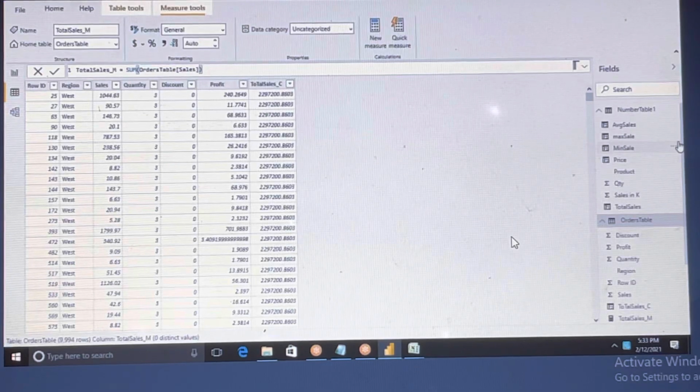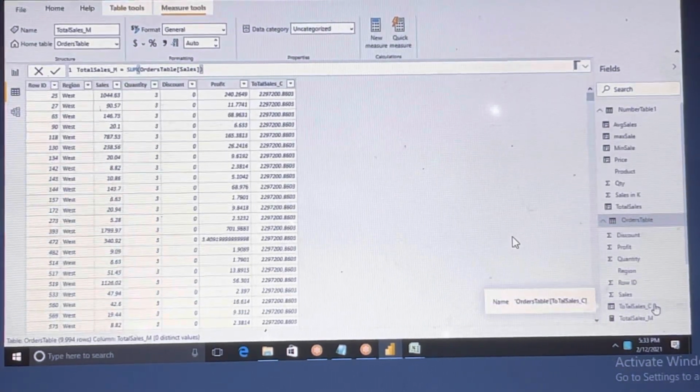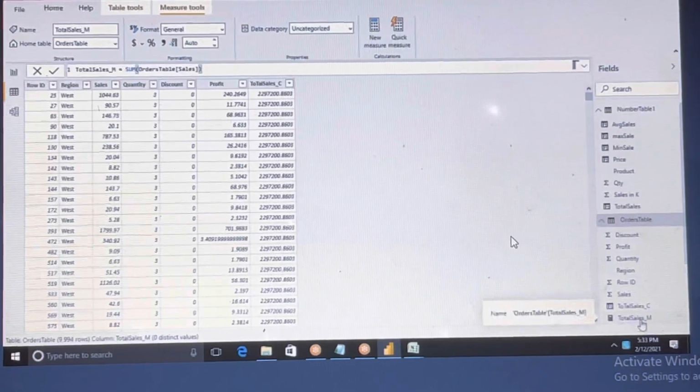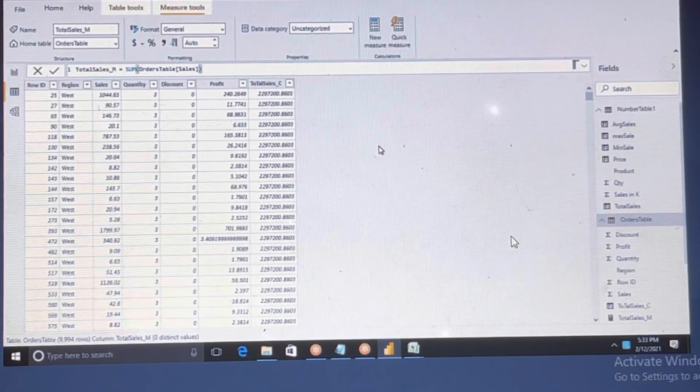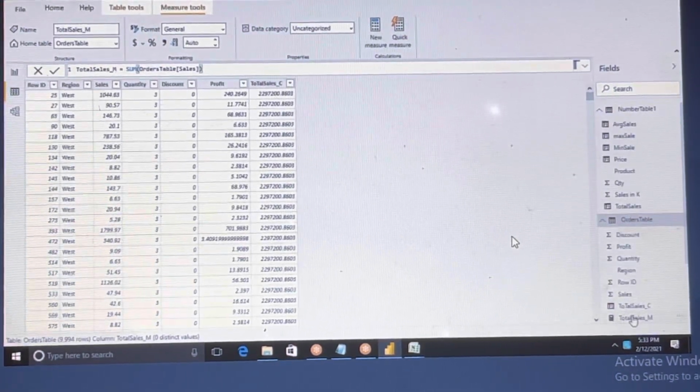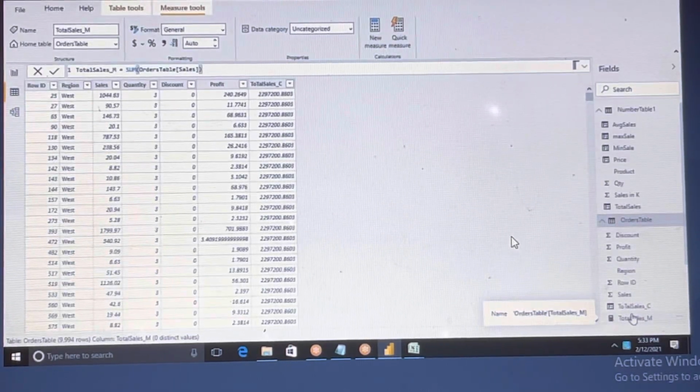But if you go down, see, you can see total sales underscore M, total sales underscore C, but you don't see the total sales underscore M. Here the thing is, when you are creating measures, you don't see that column after bringing the data from the source, whether it is Excel or SQL Server. After bringing the data, on top of the data, the calculations will happen when you click on the new measure.